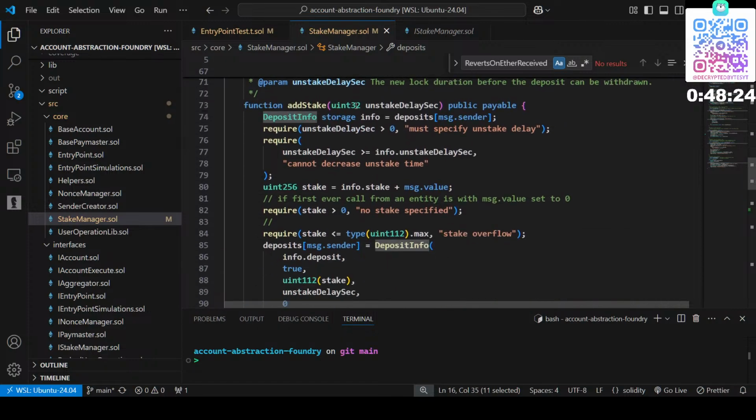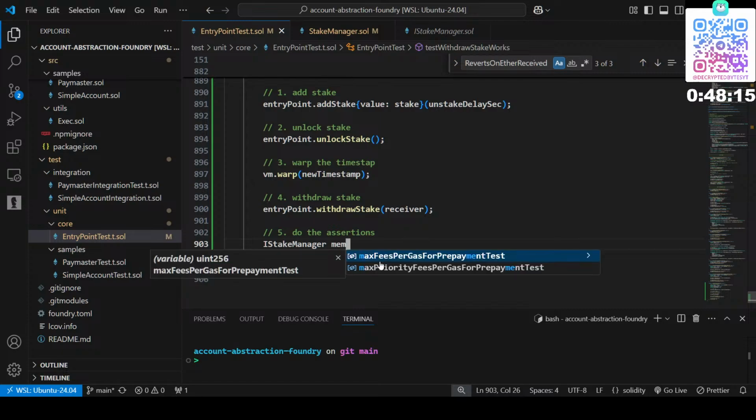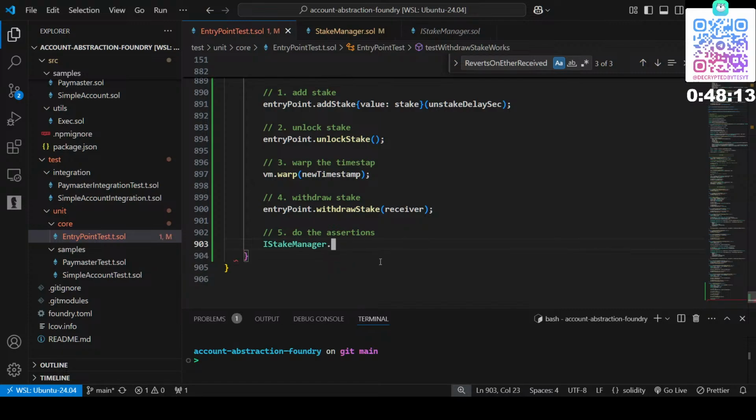The amount should be 0. So let's get our stake manager dot deposit info memory deposit info equal to entry point dot get deposit info